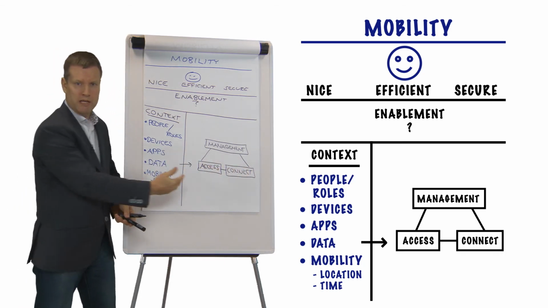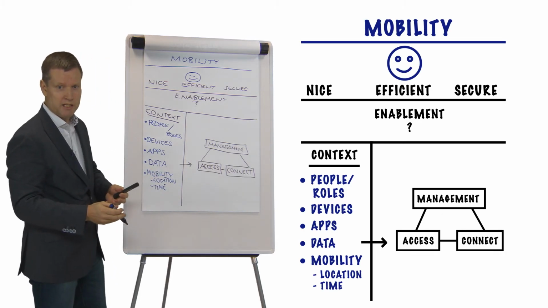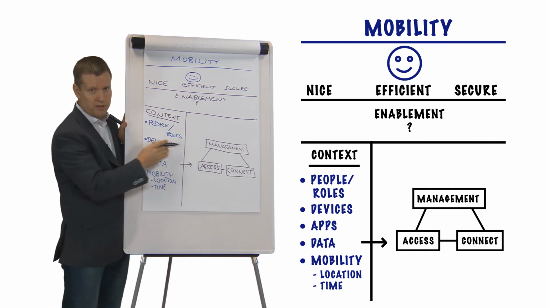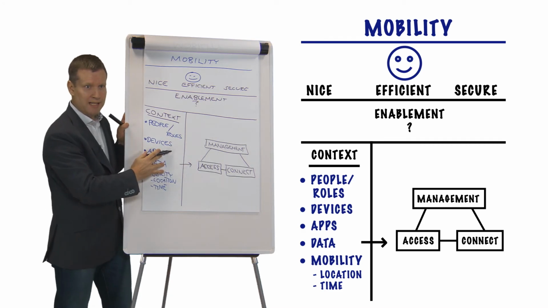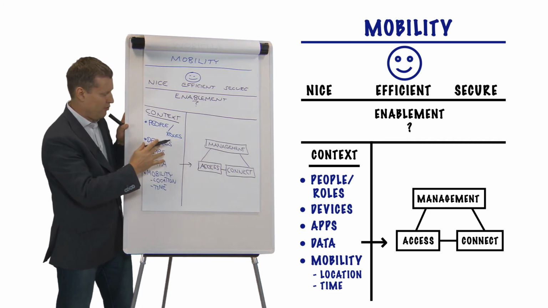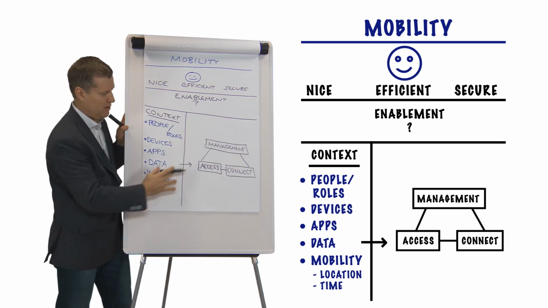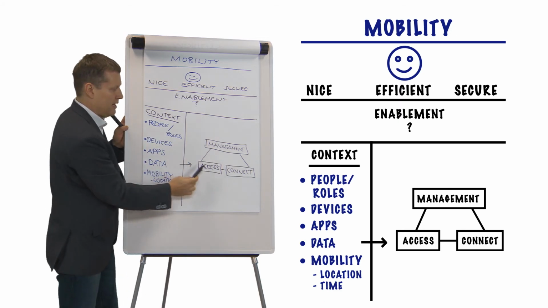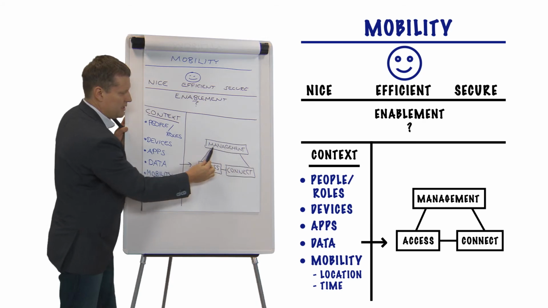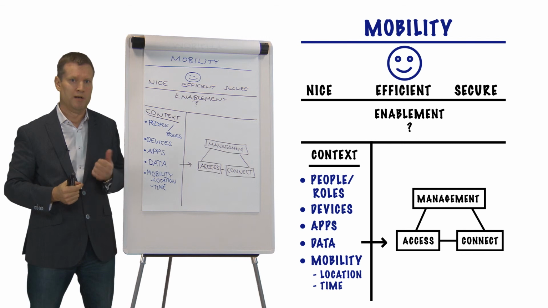And now, getting this one back to the 5 questions. What am I selling when I'm telling this story? I'm selling management of the devices, management of the people, management of the applications. I'm selling enablement of the access for the people, for the devices, for the data, etc., etc. So we talk about management of these, access of these, and managing the access of all these ones. And that way, the conversation is easily extended, and we will create environments that are at the same time nice,